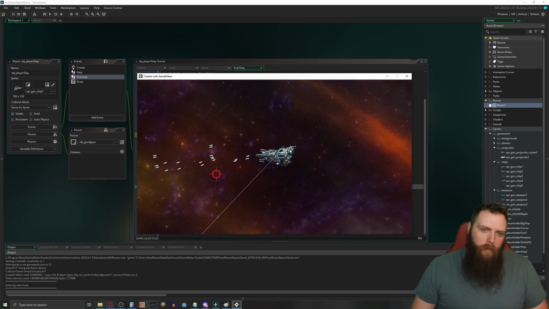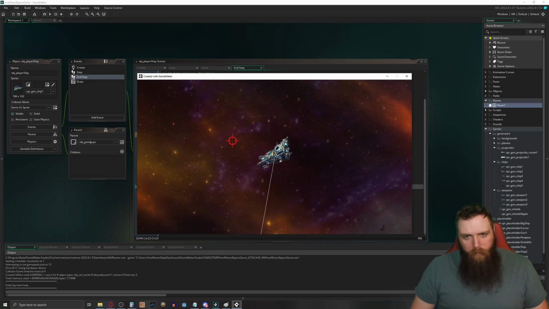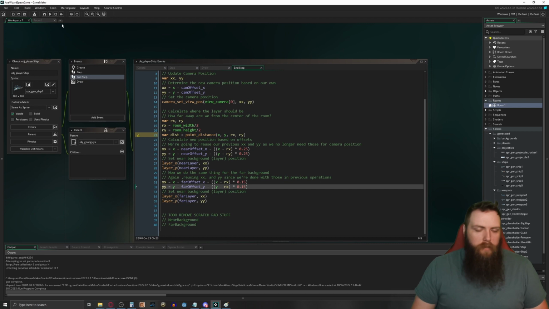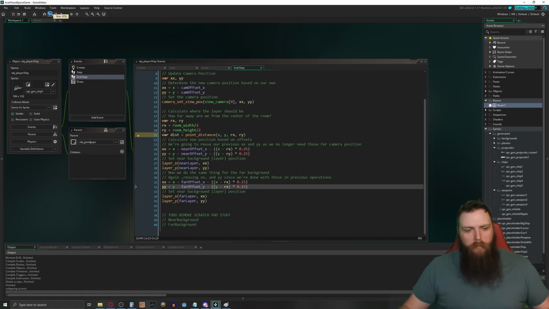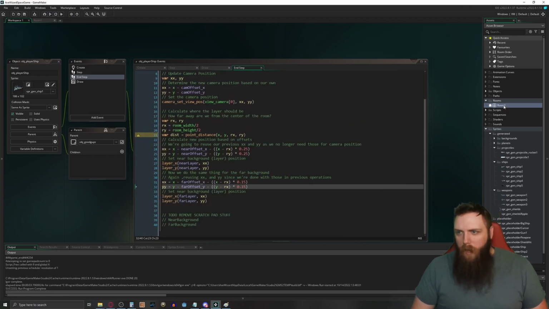So it kind of works though. It kind of works. So just for funsies, let's increase the view size, because I think it's super small, right? Yeah, it's a super small window now. So if we go back into our room